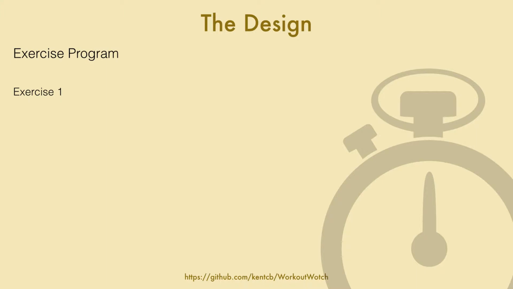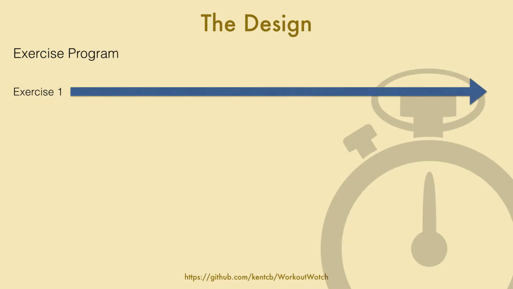Every exercise will take time to execute, presumably, and I'm representing that with this blue line here. Now, the way I see an exercise execution is as a series of events. So, for example, the first event would be that you're beginning the exercise. The next event would be that you're beginning the first set, and then beginning the first rep, and then ending the first rep, etc. So I've got a series of events here as examples, A, B, C, and D, and